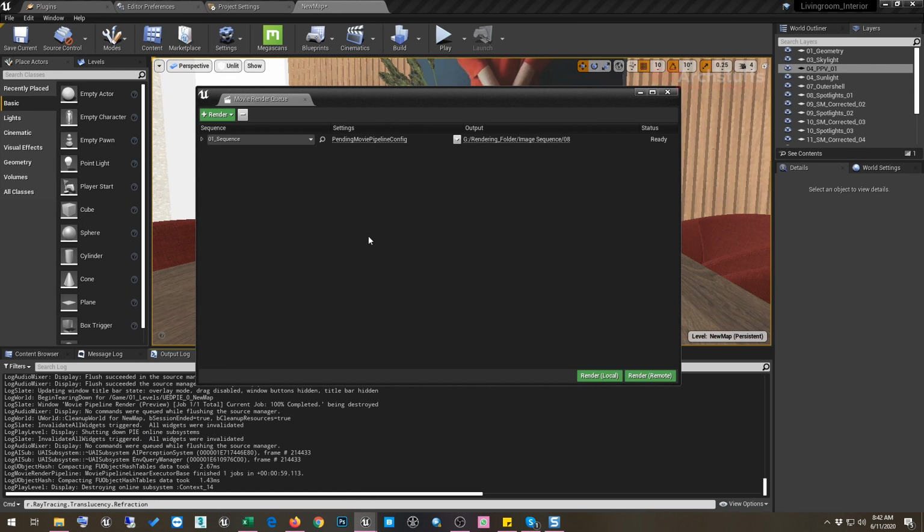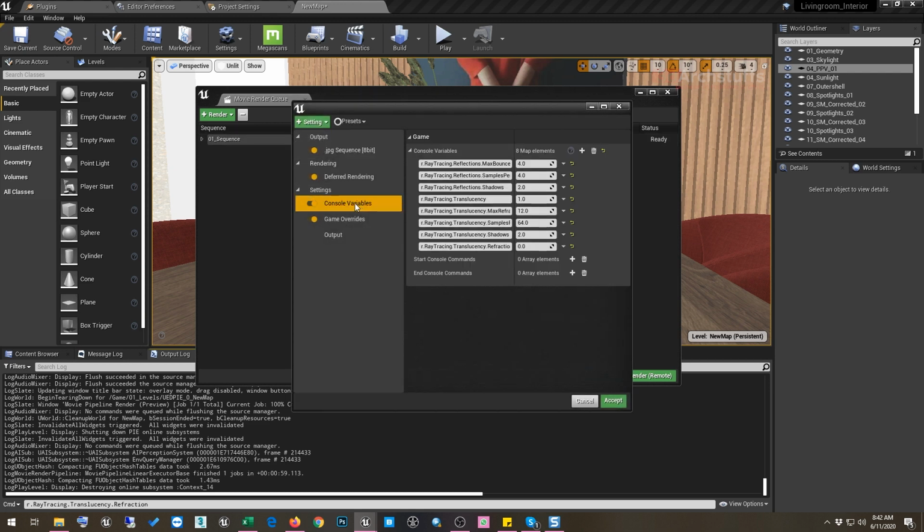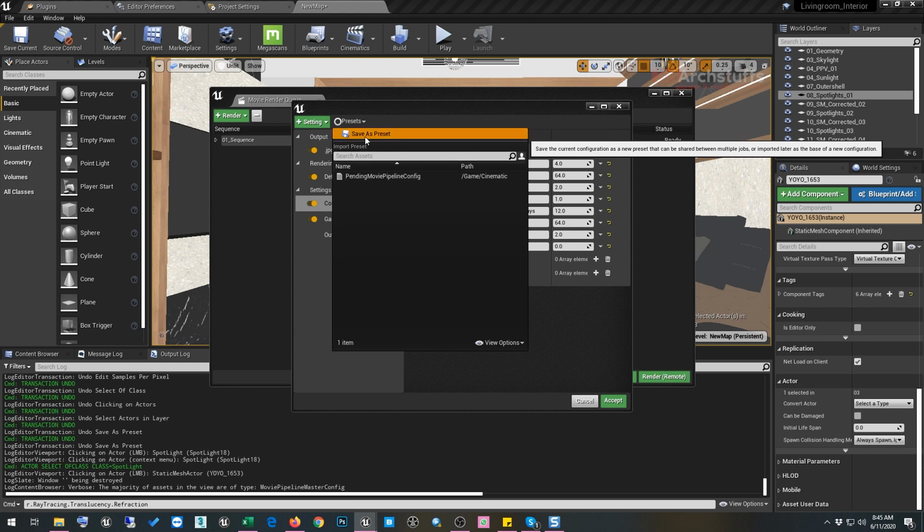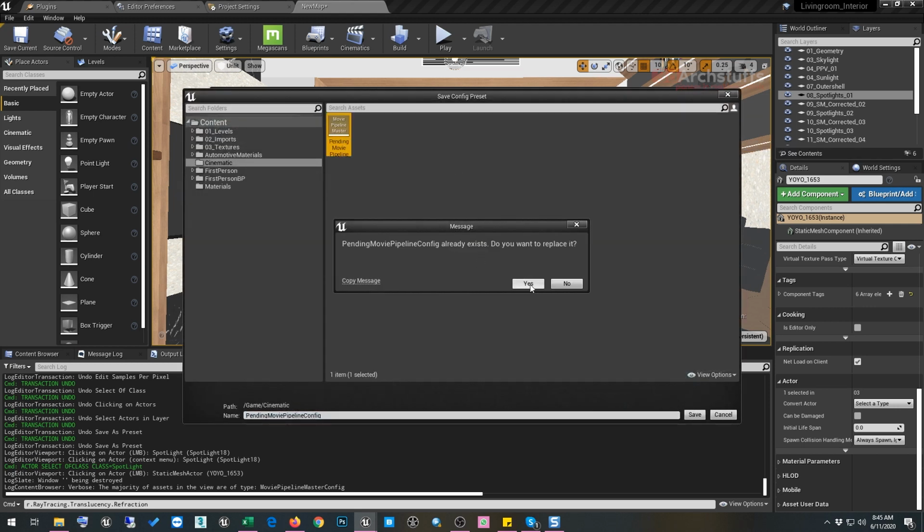So now, since our medium quality settings are looking absolutely perfect, we'll go ahead and increase it. And before going for the final quality, one more thing you have to remember is, in console command you have to increase the sample per pixel to 64. Okay, and that's all you need to do to render the final quality cinematic. And then we'll override this again, and then press yes.